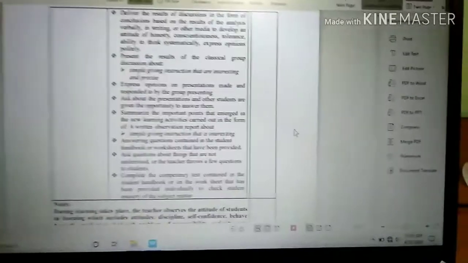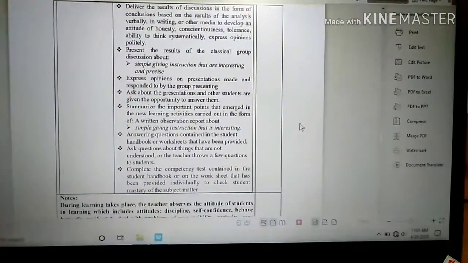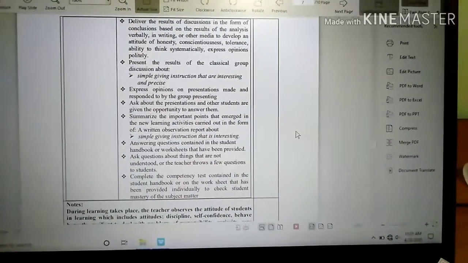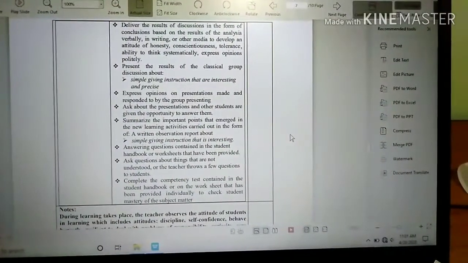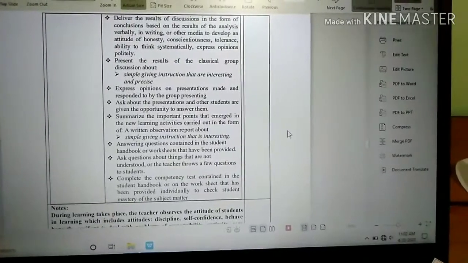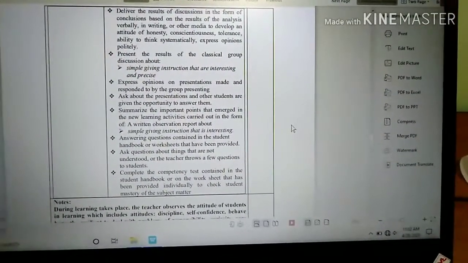Present the result of the classical group discussion about simple giving instructions that are interesting and precise. Express opinions on presentations made and responded to by the group presenting. Ask about the presentation, and other students are given the opportunity to answer.